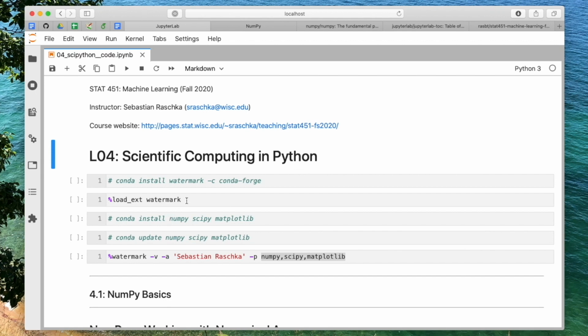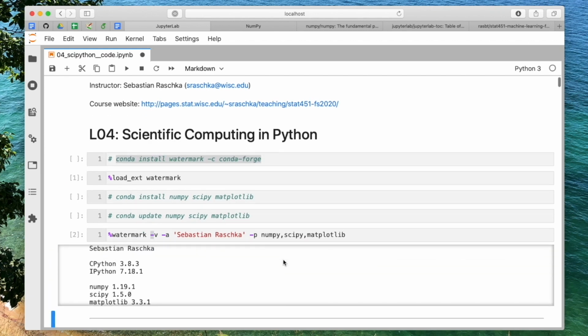Like always, I start by importing the Watermark library. Watermark is a library that I developed just for showing package versions, because personally I find it very helpful to see what libraries I used the last time I executed a notebook. By that I can make sure that I execute the notebook with the same libraries if I need to reproduce some code, or I can also see whether libraries are outdated or not. If you don't have Watermark installed, this is what you can execute to install it. And then once it's installed, we can check the versions of the libraries here.